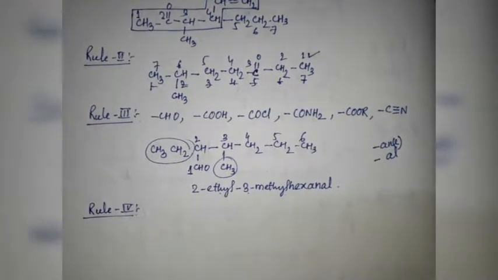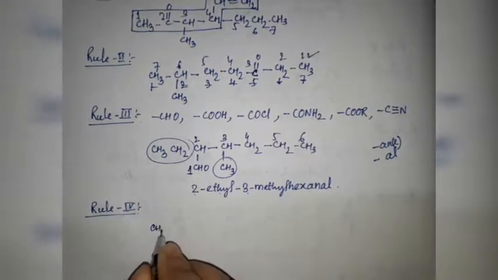If a compound contains 2 or more similar functional groups, that is, 2 or more than 2 OH groups, or CHO groups, then di, tri, tetra, etc. are added to indicate the numbers. The terminal E of the primary suffix, that means an, en or yn, is retained while writing the IUPAC names.